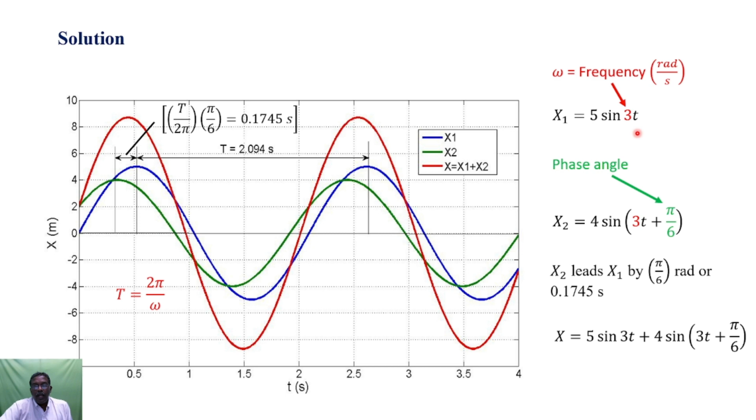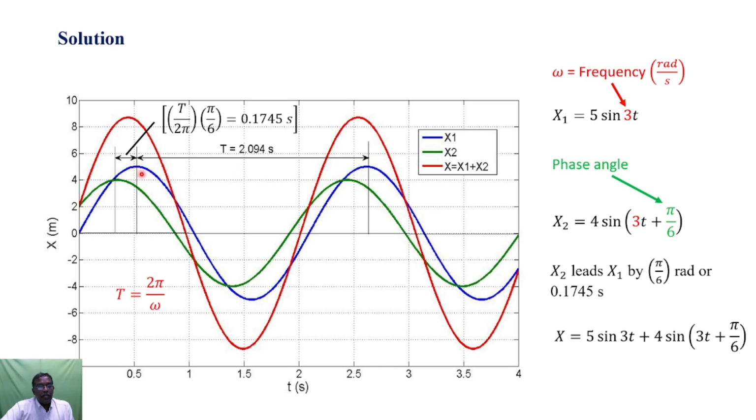What is the relation between this omega and this displacement time curve? The period of vibration, that is the time taken for one complete cycle of vibration, can be obtained using this angular frequency, where the period capital T is 2 pi upon omega. Substituting omega is equal to 3 radian per second, we obtain the period of the vibration T is equal to 2.094 seconds. That is the time duration between